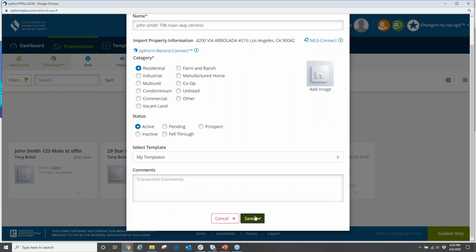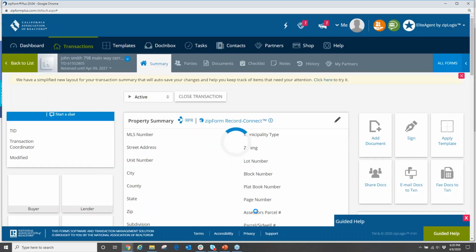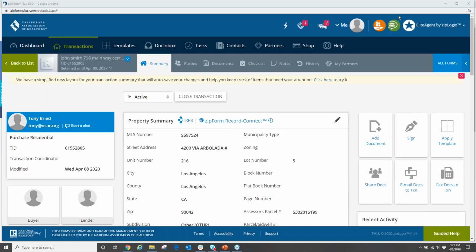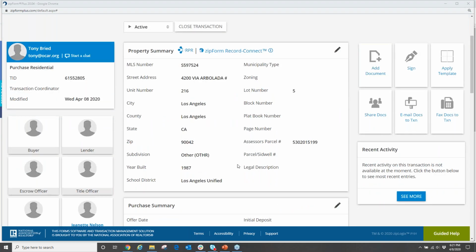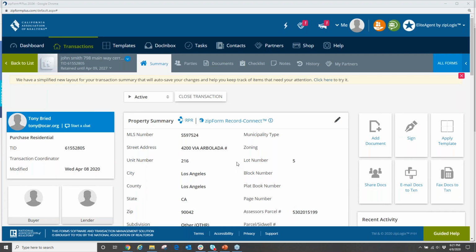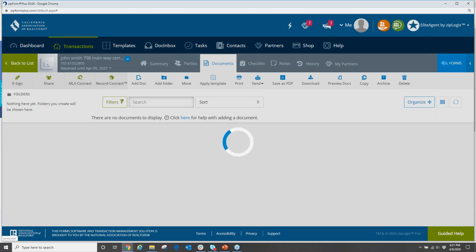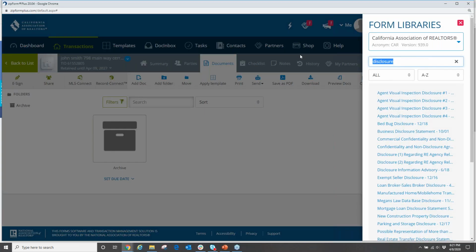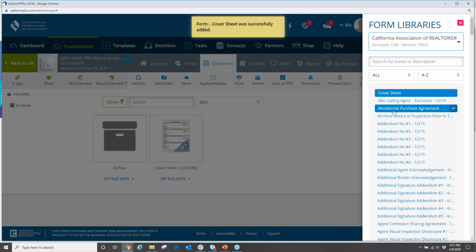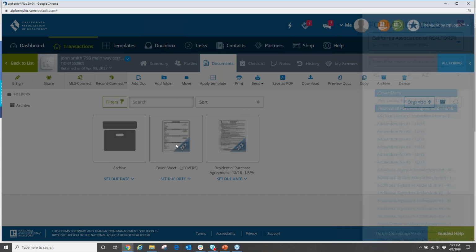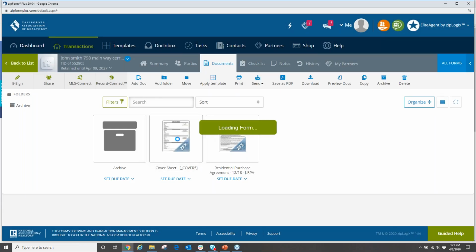Now when I hit save, we're immediately going to be taken to that summary screen of the transaction. And we notice here that now there's information pre-filled in because it's pulled it from the MLS. So now when I go to add in contracts to my transaction, like the cover sheet, the purchase agreement, and so on and so forth, and now I go to click on the form, like the cover sheet,